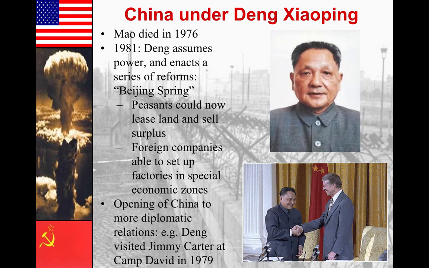So basically the idea was that instead of all agricultural production going straight to the state, the peasants still had some ownership over it. This also, of course, encourages them to produce a surplus because then they can profit off of it. So the result of the Beijing Spring is actually that there are some agricultural surpluses instead of the famines of the past. But one of the negative results, at least from the Chinese perspective,